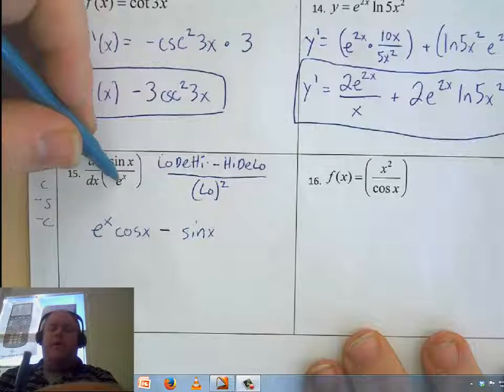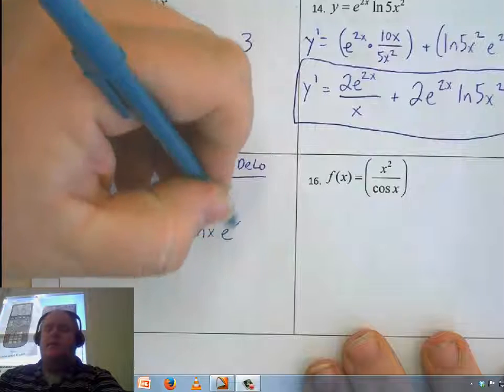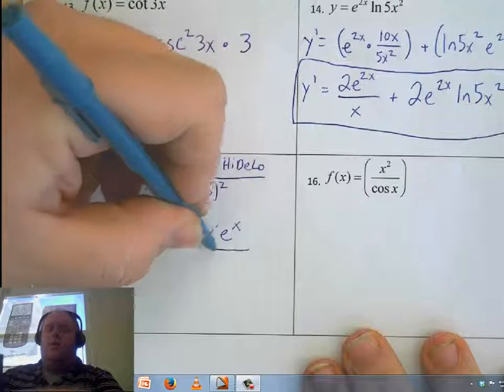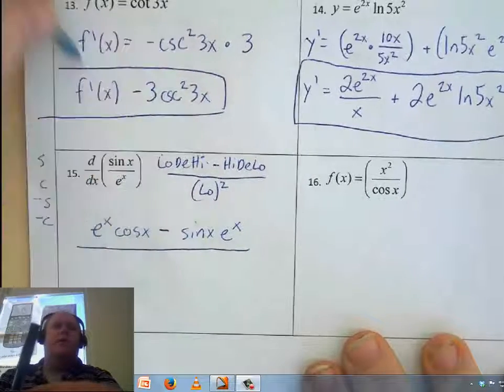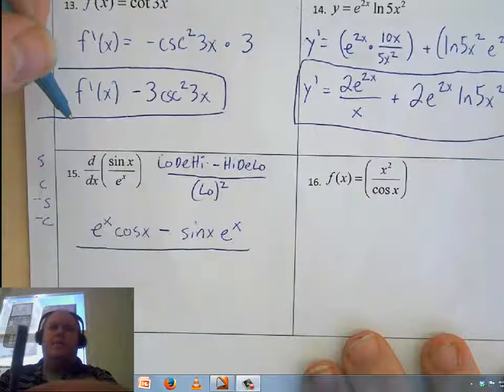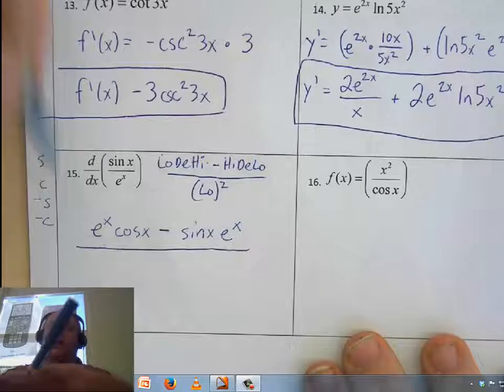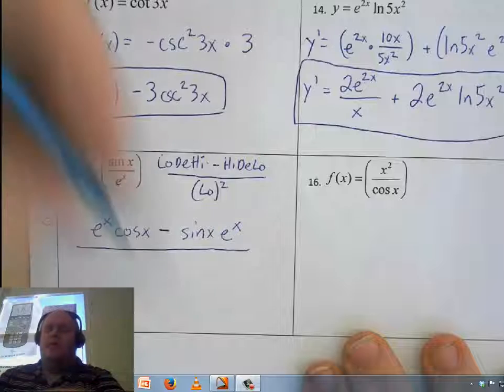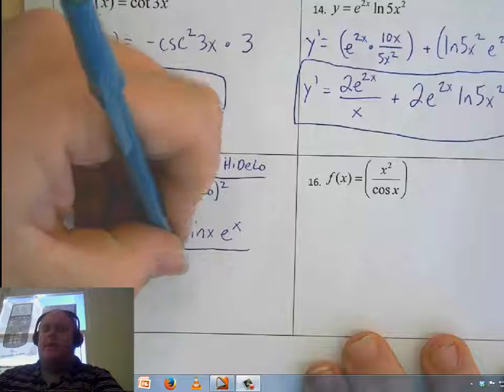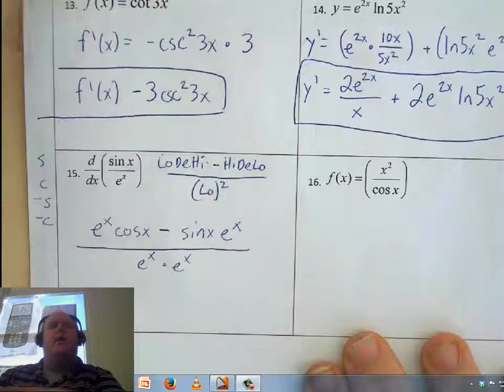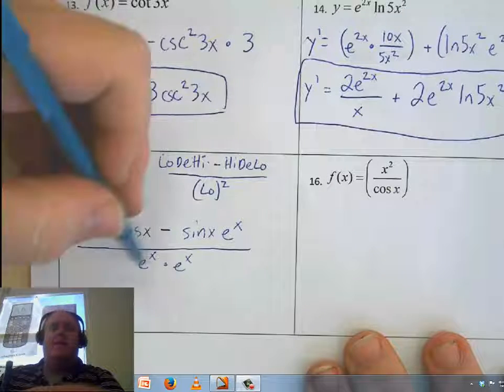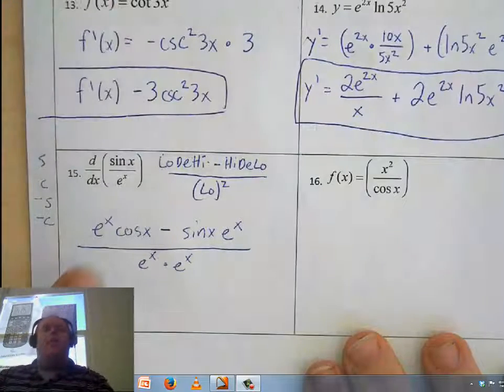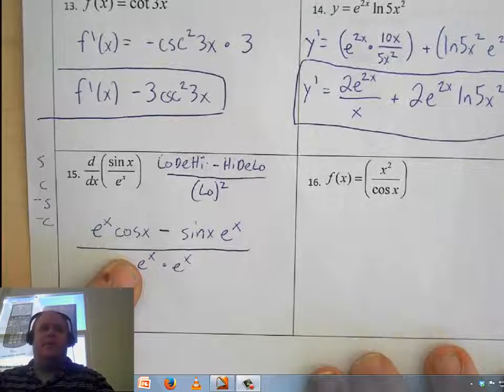Well, the derivative of e to the x is e to the x, all over the low squared. Well, e to the x squared would be e to the x times e to the x. So if I have e to the x times e to the x, then couldn't I eventually simplify that as e to the 2x? So this is the correct answer, except